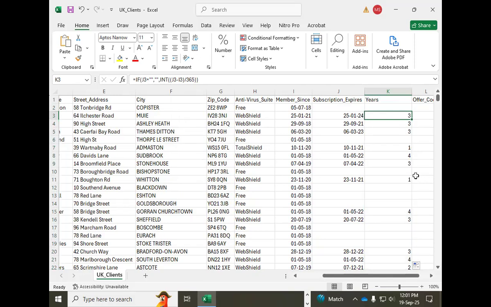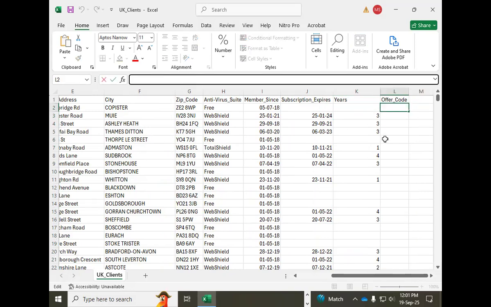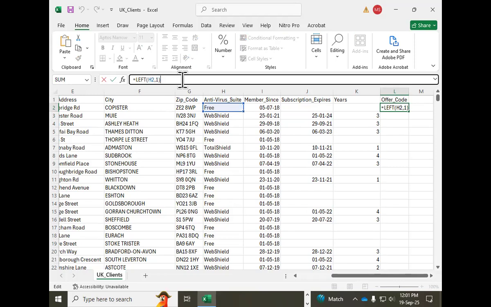Okay, right. So I get the years, no problem. But I need is offer code. You do know what the offer code is. That is, what was the question? Offer code is first character, so is equals to left. We need to extract. I'll look at your solution afterwards. Comma 1. Yes or no? So I get this. Okay. And it has to be concatenated